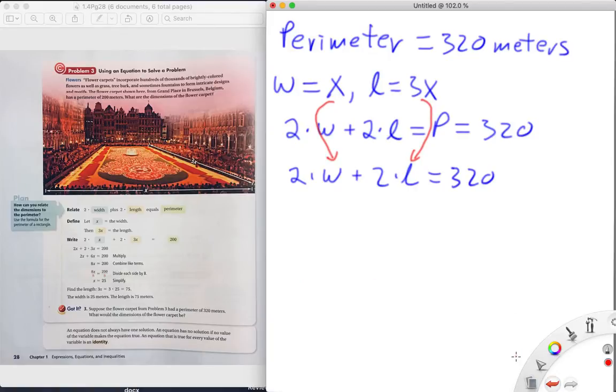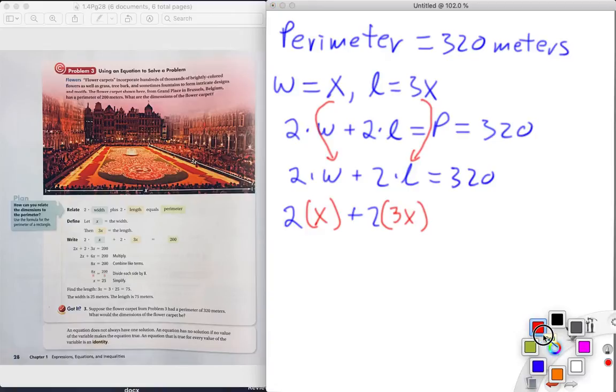And we're going to have 2 times x plus 2 times 3x, and that's going to equal